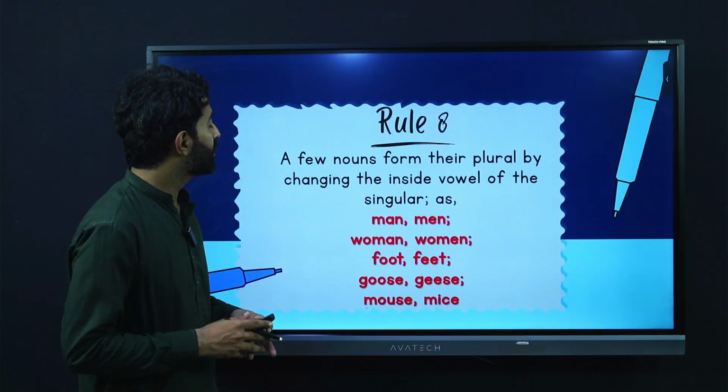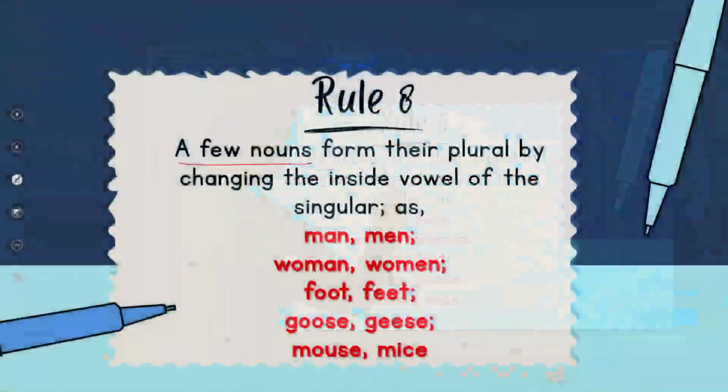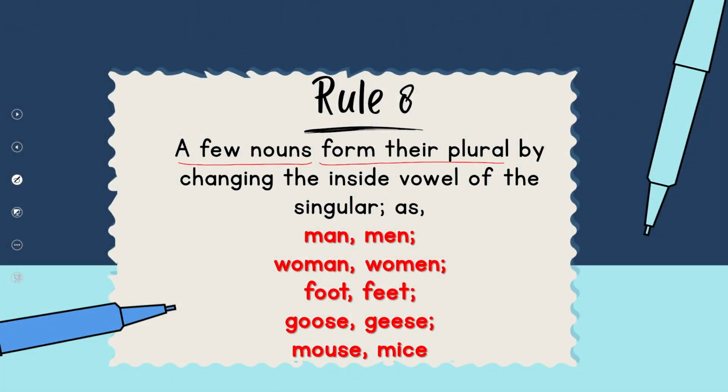Okay, rule number 8 is when a few nouns form their plural by changing the inside vowel of the singular. Just as we talked about, men becomes